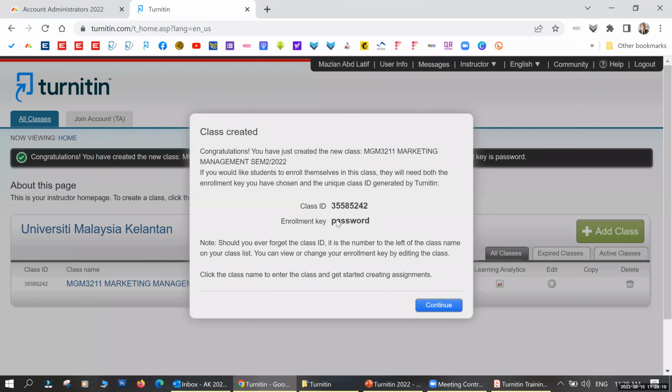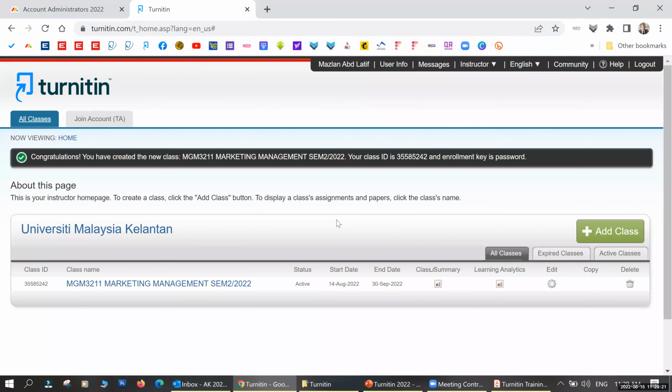So I just created the class MGM 3211 Marketing Management SEM 2 2022, with the class ID to the left of my class name. If you forget your class ID, you can always refer to the left of your class name. This is your class ID, which you have to provide to your students. If you forget your enrollment key, or you would like to change your class end date, for example, because this class has expired and you would like to reactivate it,